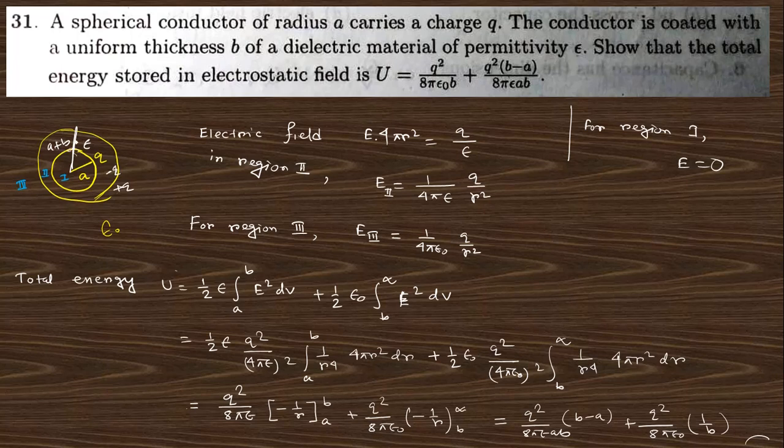So this is a, and this is a plus b. You must take dr, a plus b minus a. So this answer is right there. I think there is a mistake, but the answer is correct, it matches. If you find anything wrong, you must comment in the comment box. At this moment I cannot find any mistake in this solution, but I have a doubt regarding these things, right?